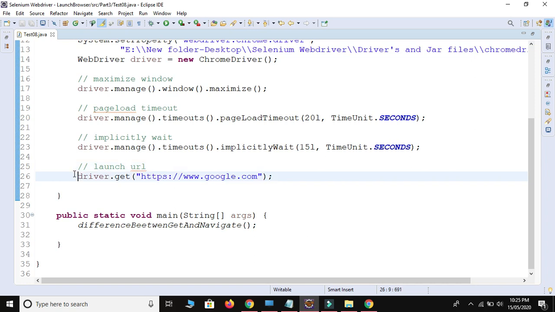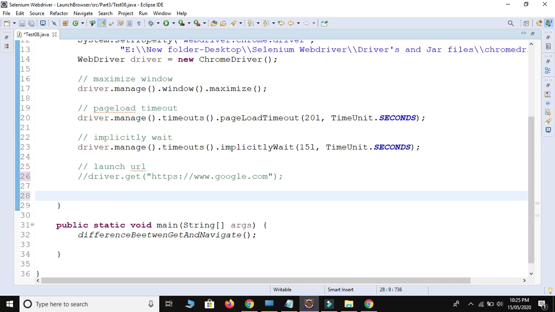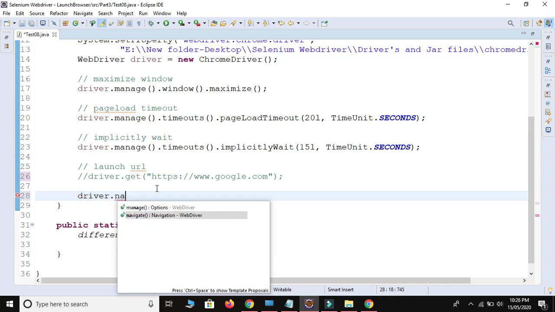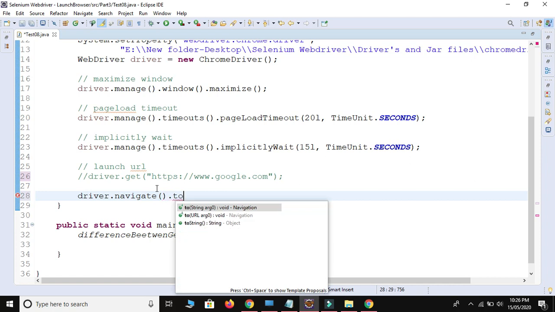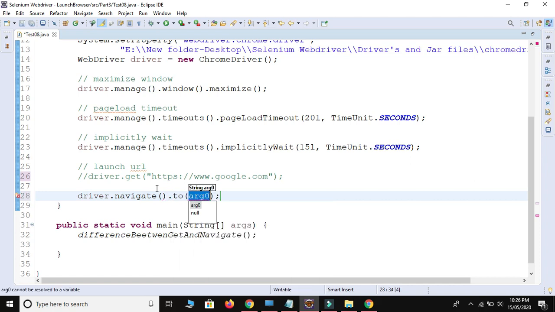Let me comment this method. So we launch Google but using navigate method. I will use driver.navigate().to, the to method is there, and then I will provide the URL.